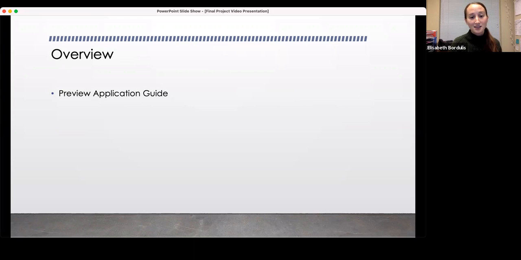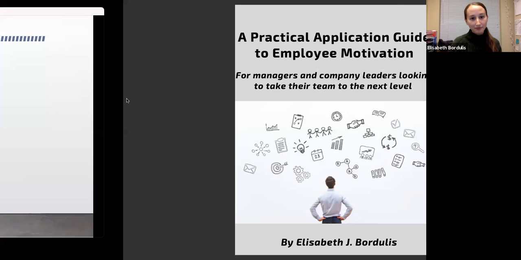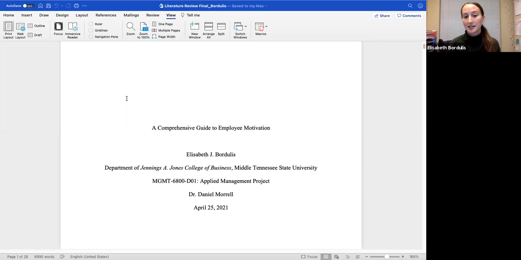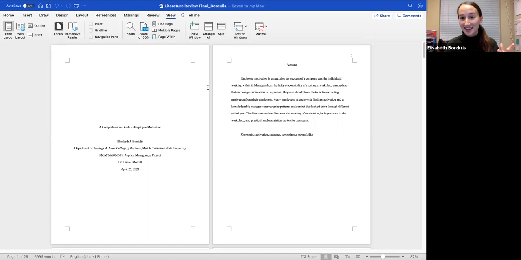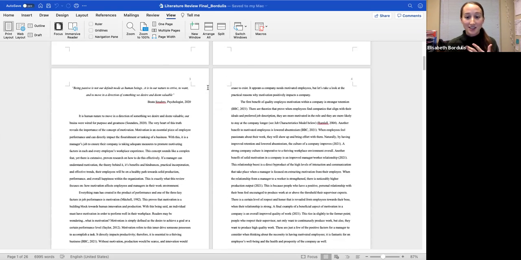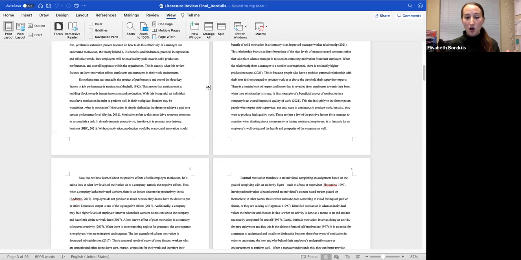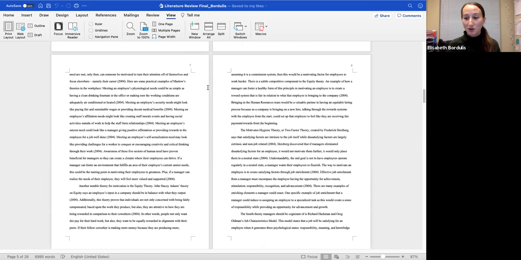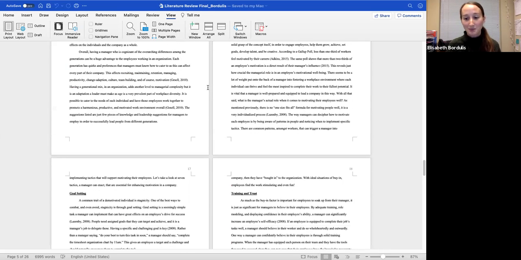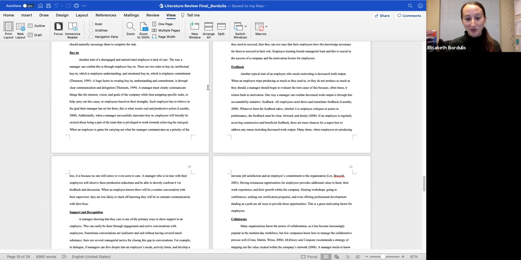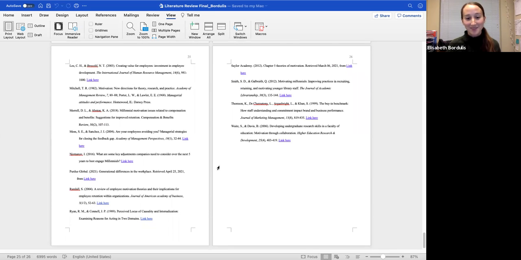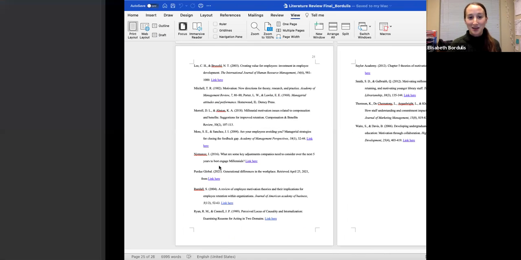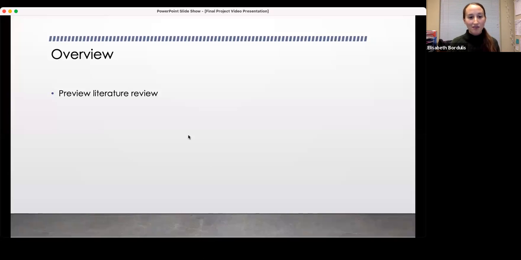So here is, oh, let's see. Here's a view of the comprehensive guide. This is nothing super exciting. It's Microsoft Word. This is just the paper itself. I start out with an abstract and then I just get right into the meat of the paper. This is all of my research combined into one place, all the contents, from very smart people and professionals who have studied all of these things for many years. And this is just me condensing it into a research paper. And so I just want to give that visual of the literature review itself, 20 something pages of content about